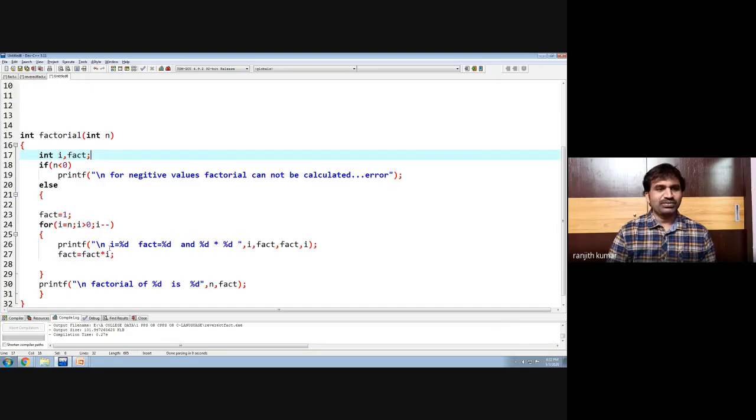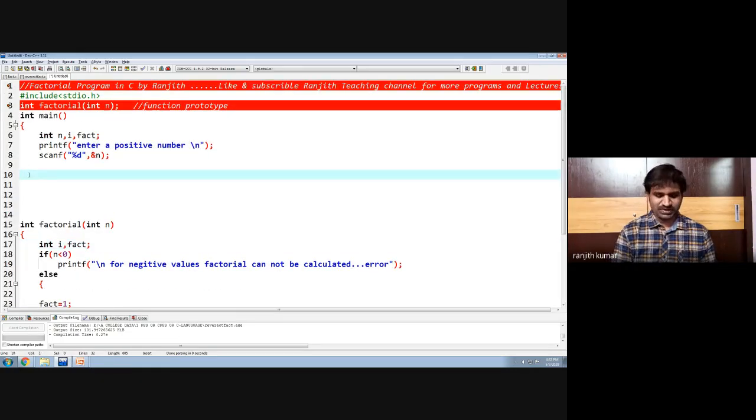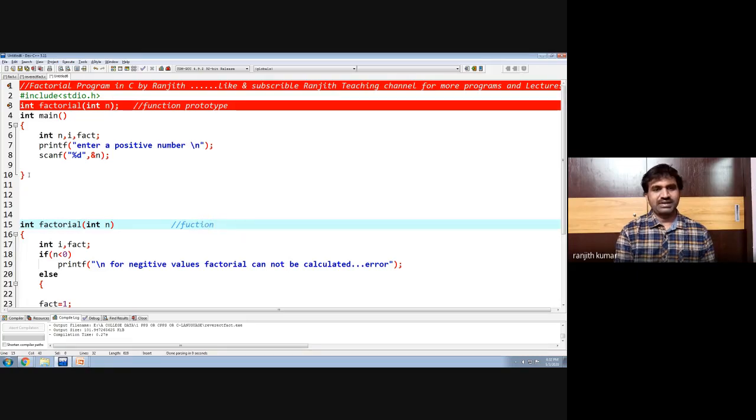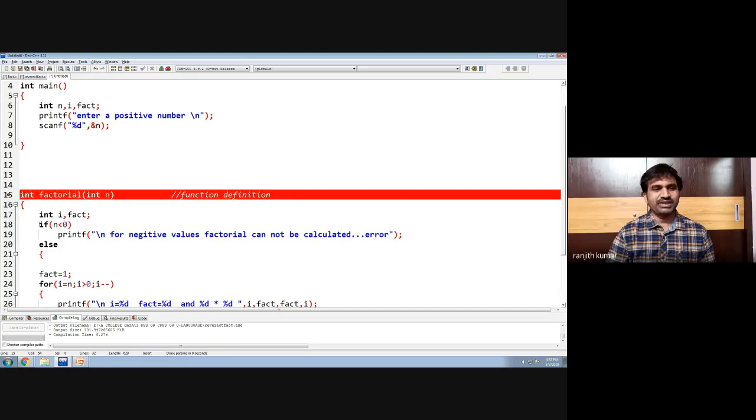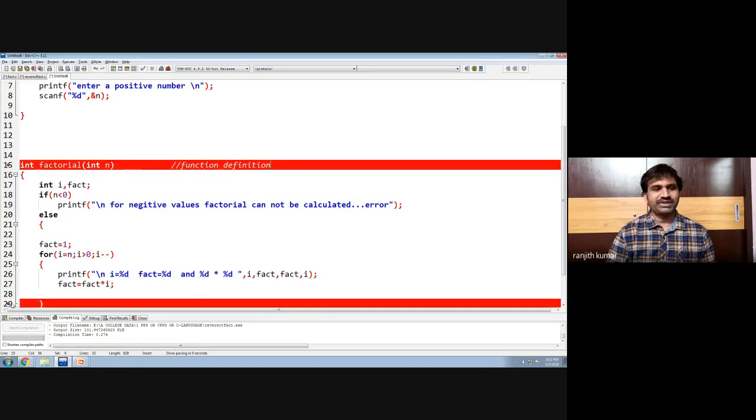Now this is the function definition. So from here to here, the function definition is written. Are we clear?